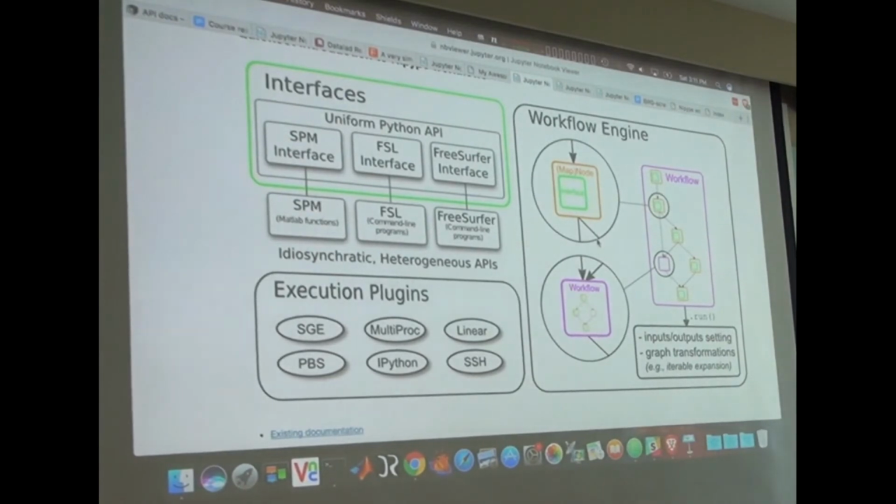So this is a subset of things shown, but it basically supports any cluster environment. And you can run the same code locally on your computer, and you can move the code, just change the plugin, and it will submit things to your scheduler. So it is really quite powerful, and then as Tim has been developing for Porcupine,